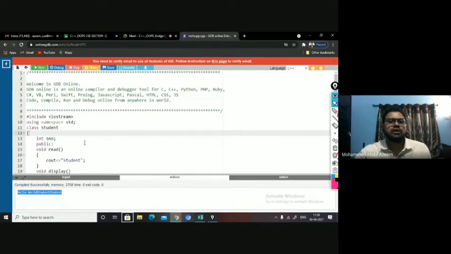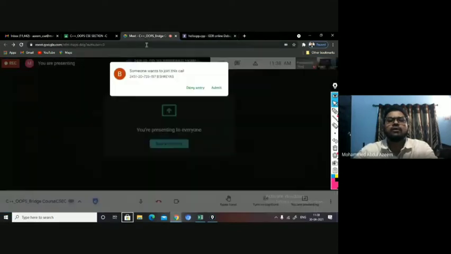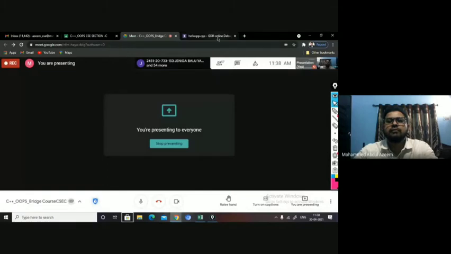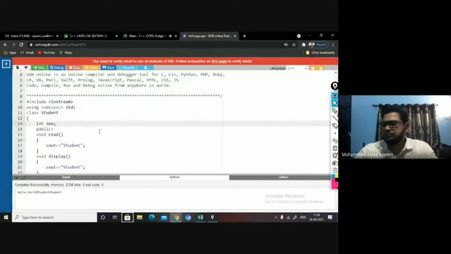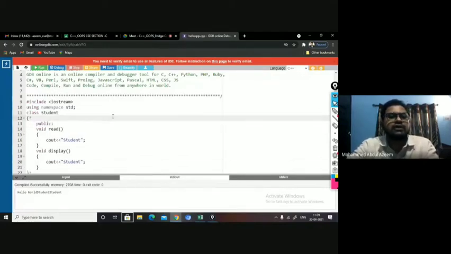Now let us try to implement the student records, with certain data members like student roll number, name, and marks. For that, you have to take the student name. You can take the student name as an array or a pointer. With the help of a pointer also, you can declare a string. Yes or no?